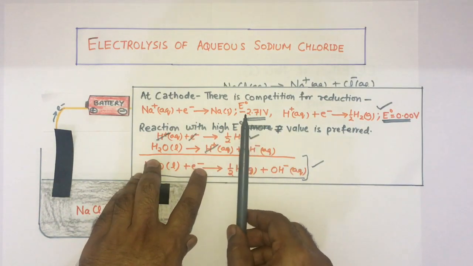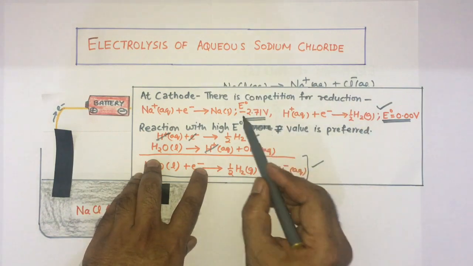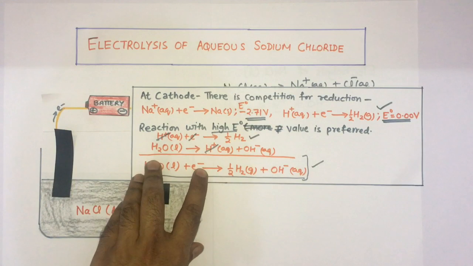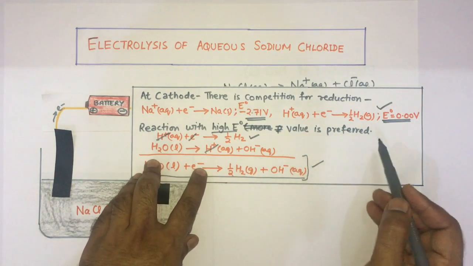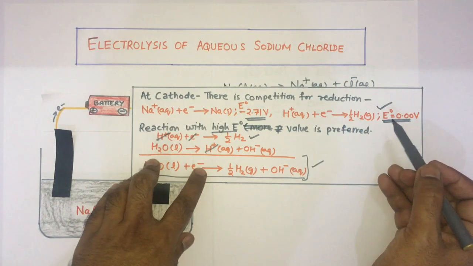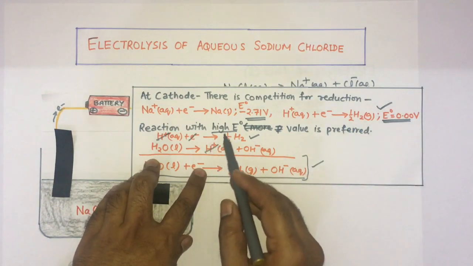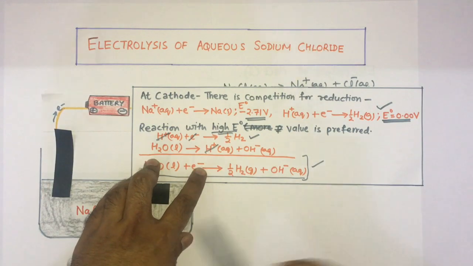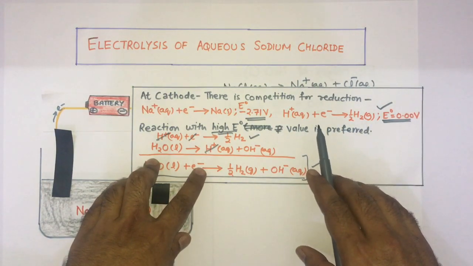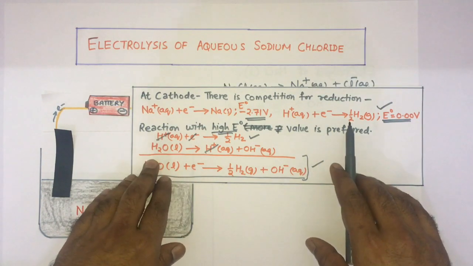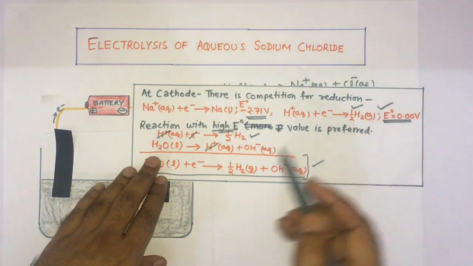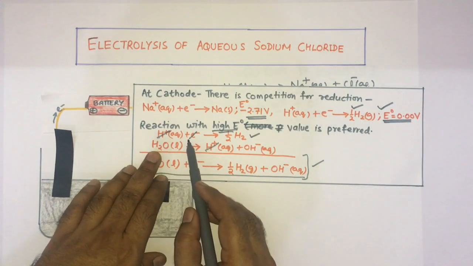Now this is the value of their electrode potential. Those with a high electrode potential value are preferred. The electrode potential value gives their strength to pull the electron. The higher the value of E naught, the stronger their strength to pull the electron. Here hydrogen will win because it has a stronger pull for the electron. So this reaction will take place at the cathode, H positive plus electron gives you